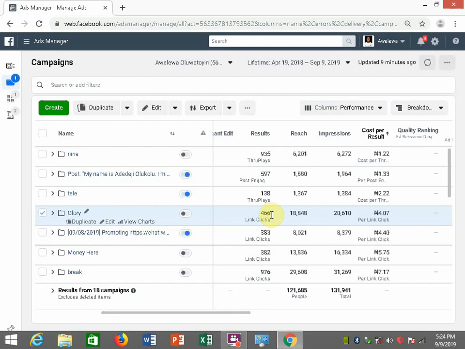There's something called Facebook pixels which you can use to track how many people actually visit your website. That will show you whether people are having difficulty loading your website or not. So if the number of people that actually visit your website is much smaller than the number of people that click on your ad, then you need to fix something about your website. That means your website is not loading as fast as it should.